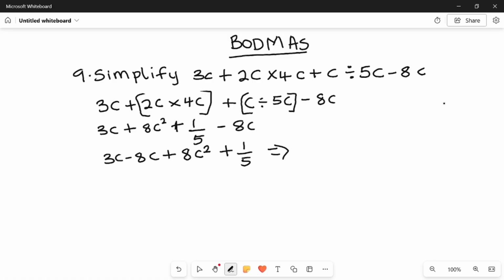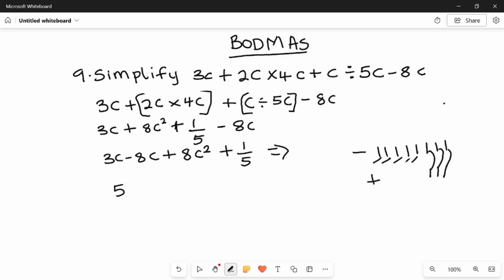Now you're owing someone 8 naira. 3, 4, 5, 6, 7, 8. And you have 3 naira. 1, 2, 3. You're owing, so it will be negative. You have, so it will be positive. You're owing 8 naira, you have 3 naira. If you pay this person now, 1 naira will pay 1 naira. This one will pay this person, and this one will pay this other person. What will you be left with? Let's count. 1, 2, 3, 4, 5. So you see, you'll be owing 5, right? So 3c minus 8c will give us